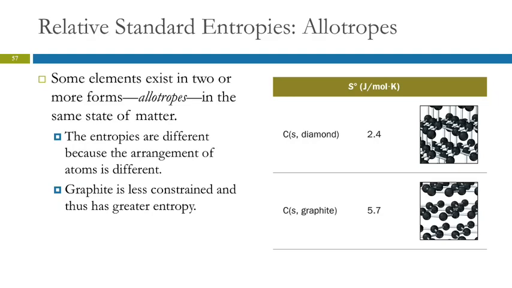You kind of think of it as wiggle room. How much can the atom wiggle around? Well, here the sheets can actually slide past each other, and so that's a lot more wiggle room than here, where everything's kind of stuck. So the more you can wiggle, the greater your entropy? The more you can wiggle, the greater your entropy. Mm-hmm. Because